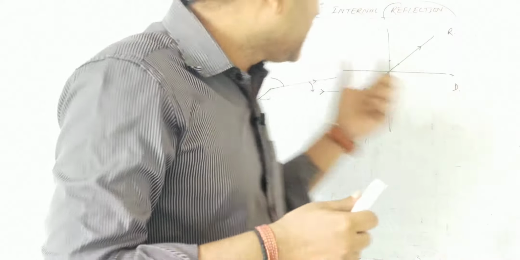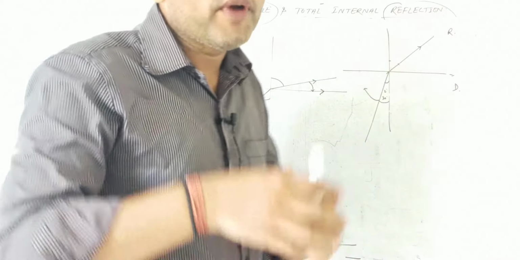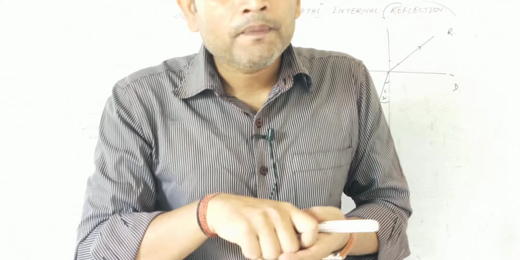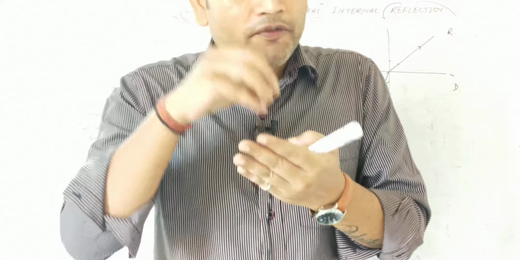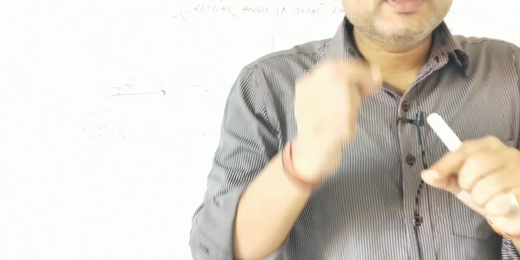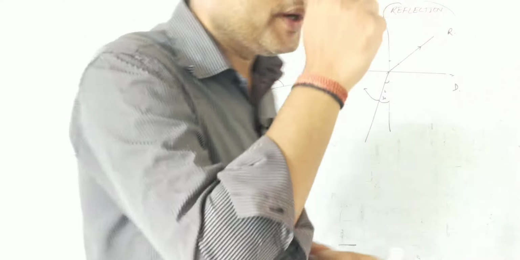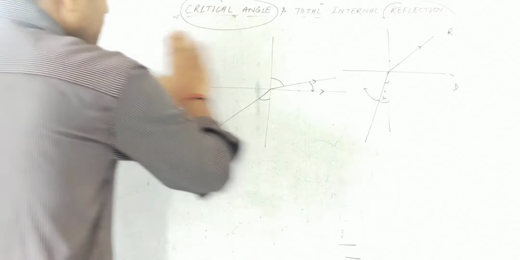So the critical angle, our definition will be: the value of angle of incidence in the denser medium for which the value of angle of refraction in the rarer medium will be 90 degrees is said to be the critical angle. Again, I am writing this definition for you. So critical angle,